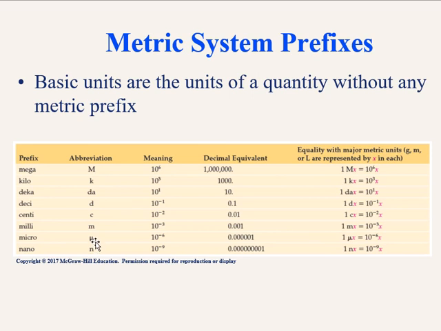And micro stands for 10 to the negative 6, or 1 millionth. It's the opposite of mega. Mega multiplies by a million, micro divides by a million. So 1 micrometer would be 10 to the negative 6 meter, 1 millionth of a meter. A nano is 1 billionth, or 10 to the negative 9. 1 nanometer equals 1 over 10 to the 9, or 1 billionth of a meter. So these are the prefixes that we use for measuring